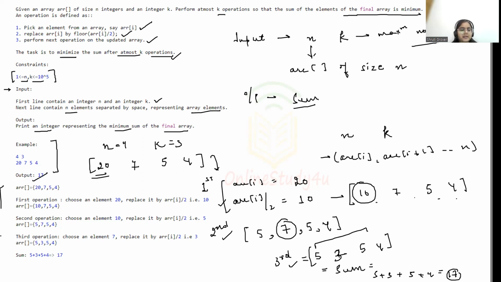So they have written the explanation. Let's read it once. You are given an array. After choosing the first operation, they are replacing the element 20 by 10. So my array becomes 10, 7, 5, 4, which is correct. After that, I am choosing the element 10 and my array becomes 5, 7, 5, 4. And after performing the third operation, the array will become 5, 3, 5, 4. Correct. And at last, I have to do the summation of all the elements that are present in my array